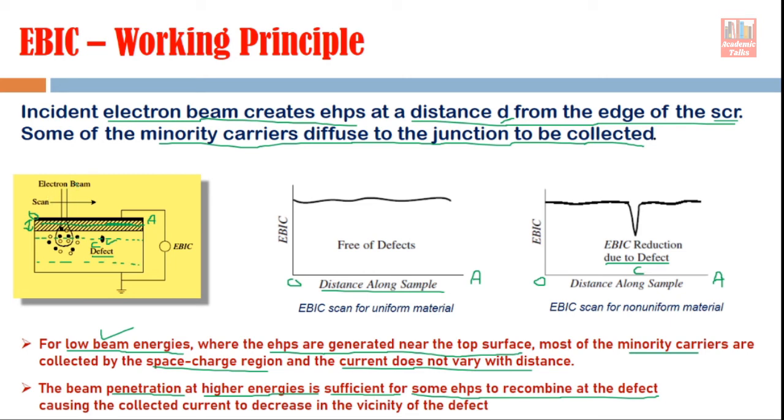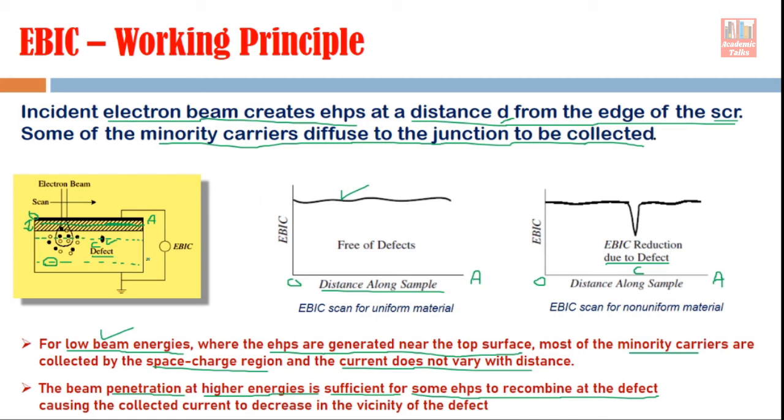We can further increase the energy of the electron beam, so that it reaches here. But remember, if the electron beam reaches here, we can generate electron hole pairs in this portion, but whatever electron hole pairs are generated will not be collected, because our junction edge is far away from here. So if we bring this junction edge here, all the free carriers will be collected, and since there is no defect in this line, the current will remain the same as in this particular case, and we can conclude that there is no defect present at this particular depth.